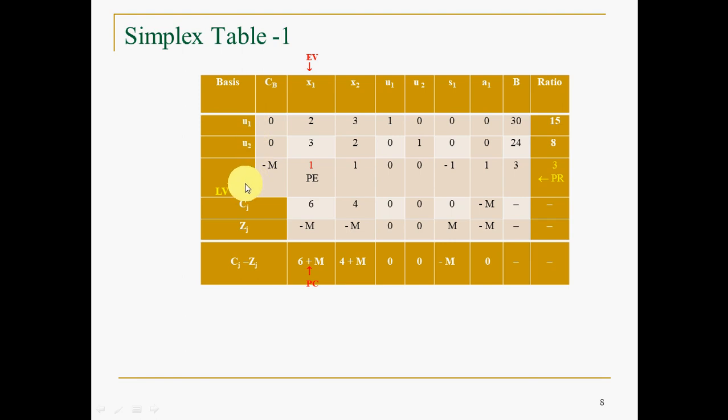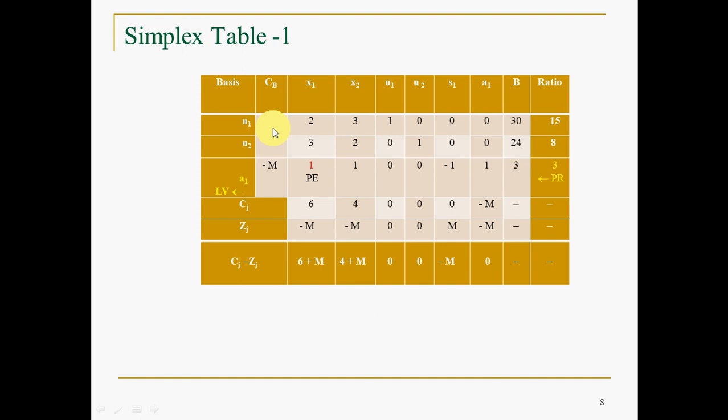So please recall the simplex table. It is very similar to that. These notations are also of the same type. CB, x1, x2. What is x1, x2? Basic variables. u1, u2, slack variables, I mean other variables. All variables you have to list here: x1, x2, u1, u2. S1 is the surplus variable, but here it will come in the row, not in the column. A1 is the artificial variable. B is the RHS of the equation or constraint. Ratio you keep it pending.